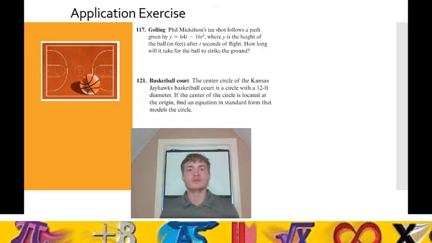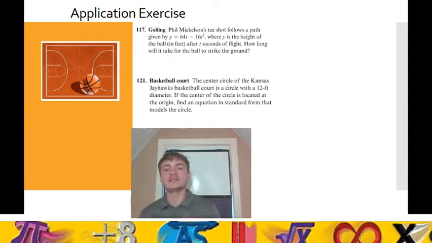The center circle of the Kansas Jayhawks basketball court is a circle with a 12-foot diameter. If the center of the circle is located at the origin, find an equation in standard form that models the circle. What it's saying here,